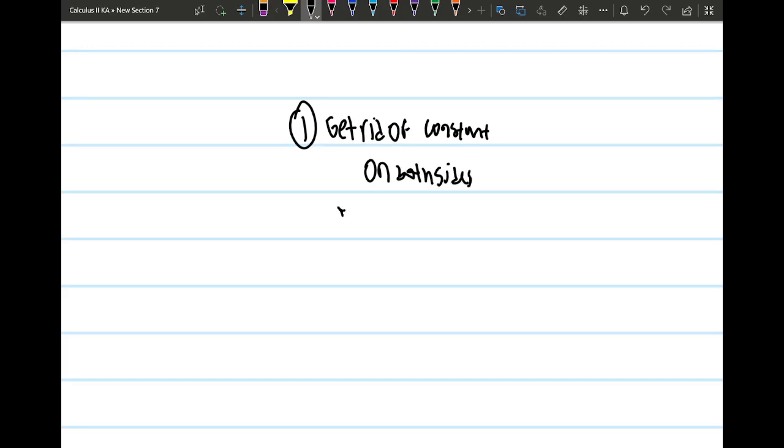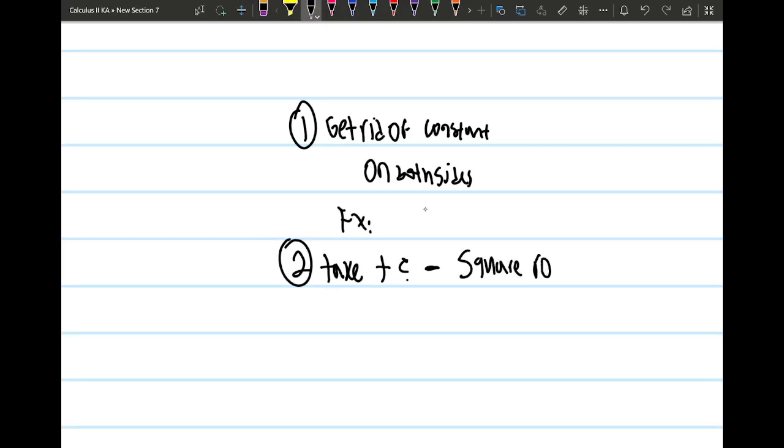Now, the last thing that I want to go over is basically the process. So number 1, get rid of the constant on both sides. Anytime we have something like 2x squared minus 1 equals 0, we want to do this, right? And then number 2, we want to go ahead and take the positive and negative